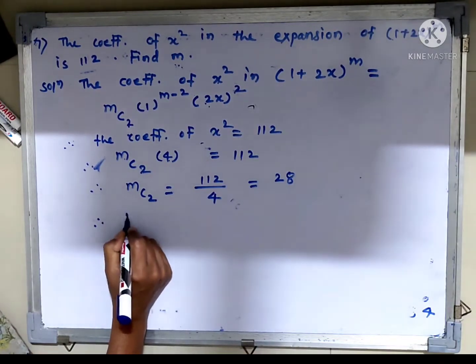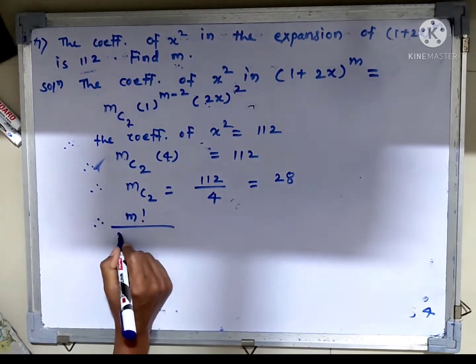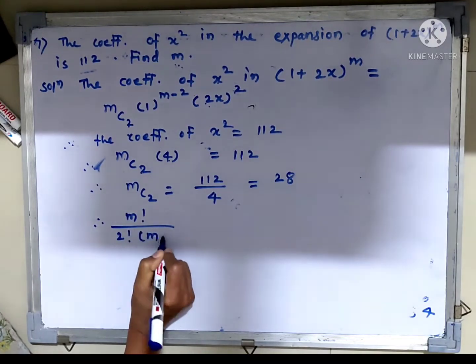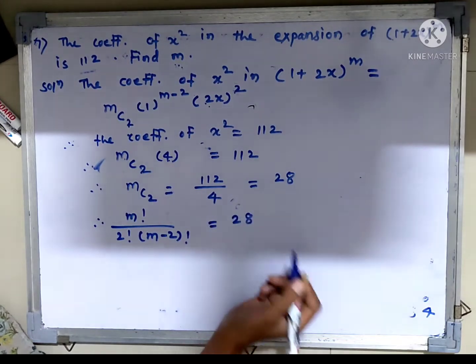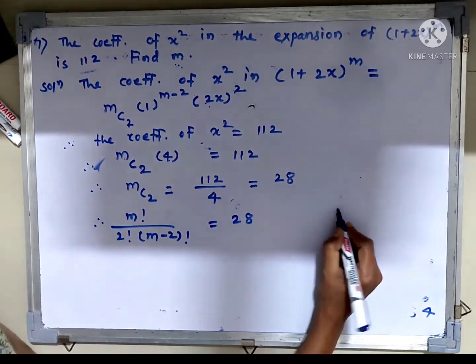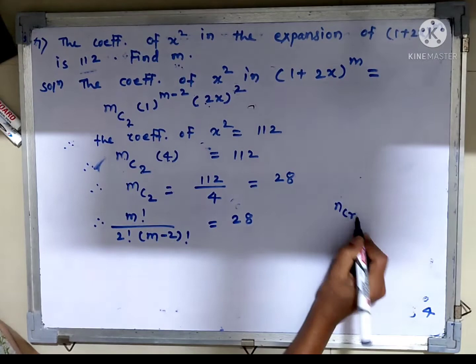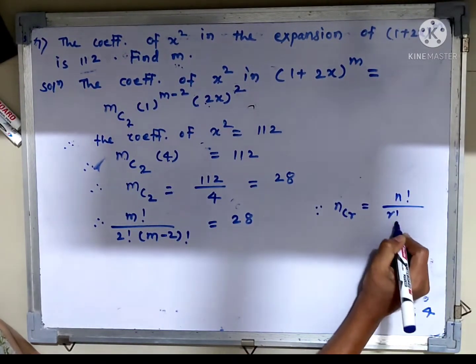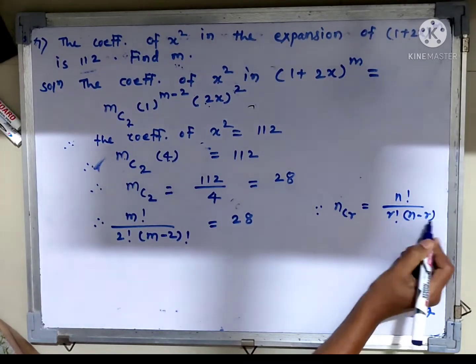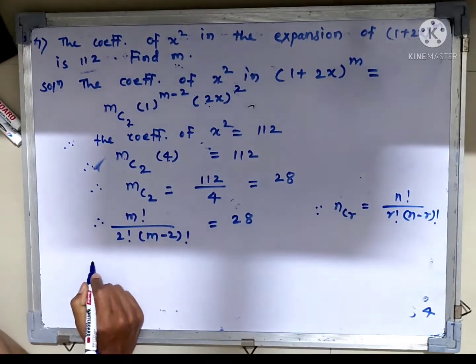Therefore m factorial upon 2 factorial into m minus 2 factorial which is equal to 28. Here write nCr, n factorial upon r factorial into n minus r factorial. Therefore